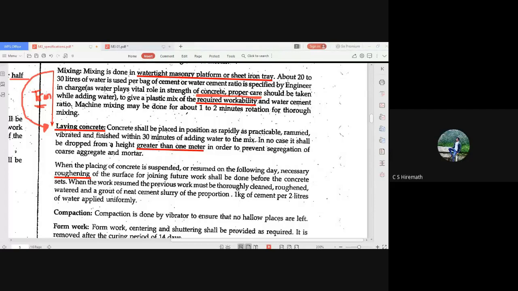Any other method you can think of? Trolleys. Before that, Butti sir, yes, a very basic thing. Hiremat has said, Butti, you can use pan, what we call as pan. Then Balu has said something. Balu, what was your answer? Trolley, sir. You can use a trolley for transporting your concrete. Very nice answers I'm getting from your class.